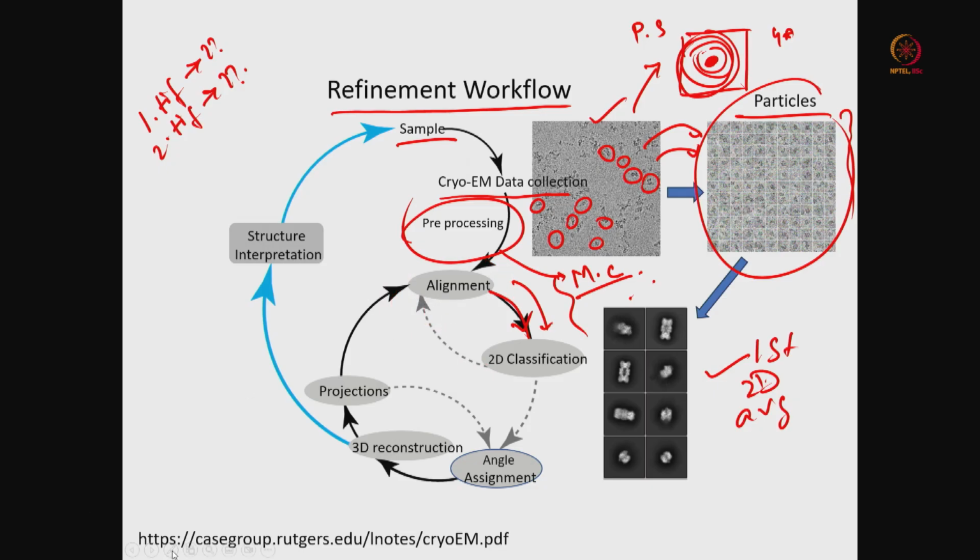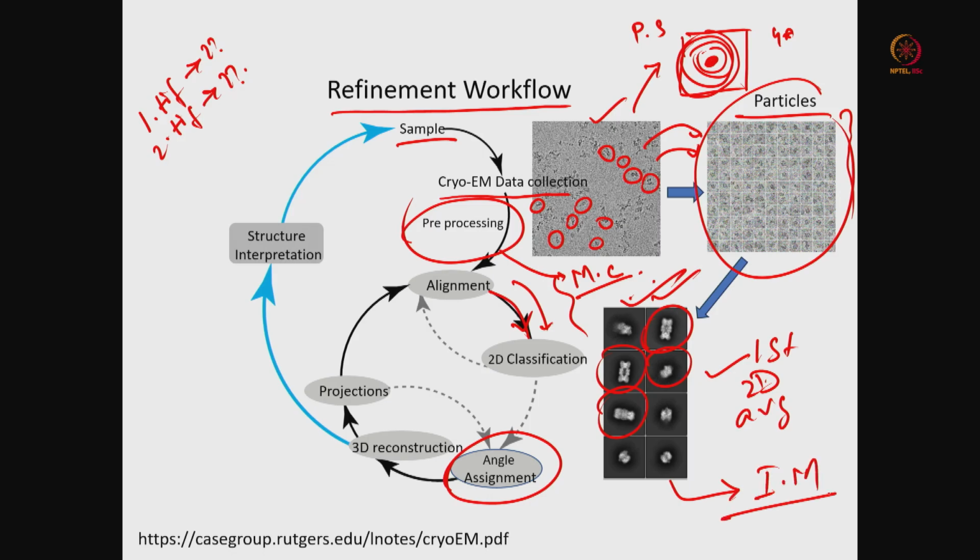we are starting from the first round, then second, third, fourth or fifth round, we are getting very nice 2D averages, and you cannot see any bad particles there. Most of the 2D averages are looking good, and here you can reduce the overall particle number. When you have all this, you have the x and y translation information, you have rotational angle information, and now you can generate an initial model from these 2D averages.